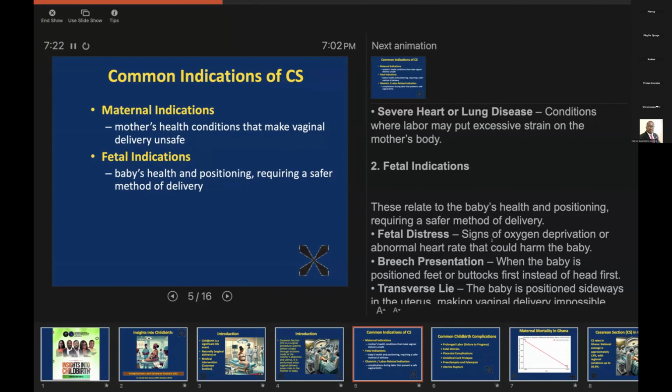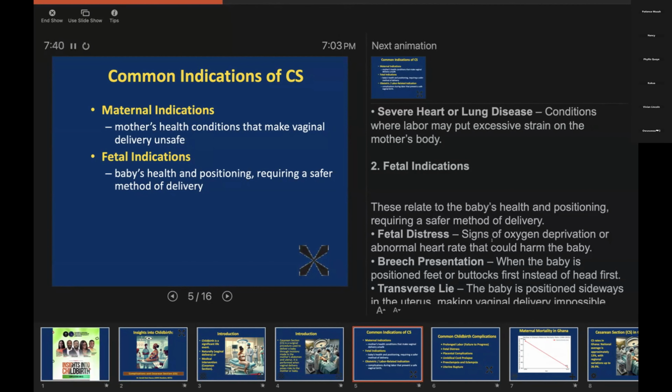But after all these interventions, if the baby's heart is still not as expected, we will suggest a cesarean section, because it's a well-controlled environment. It can go in as fast and get the baby out of that stressful situation for which the heart is